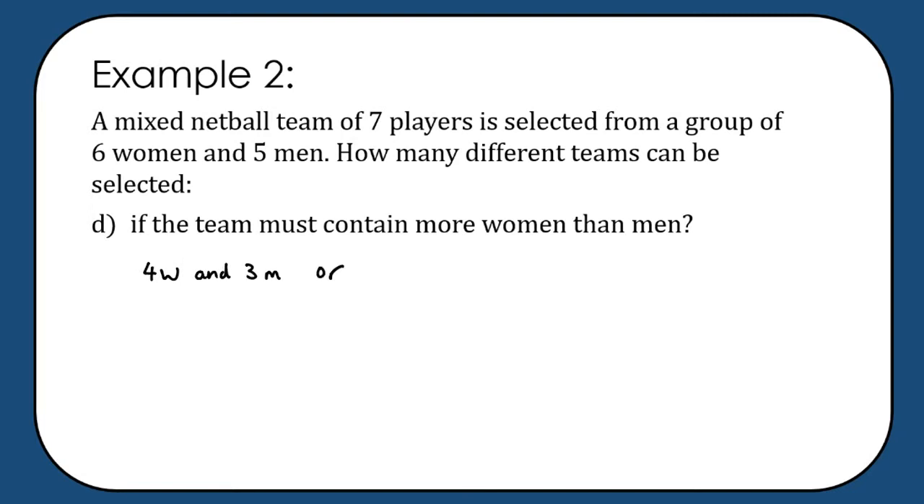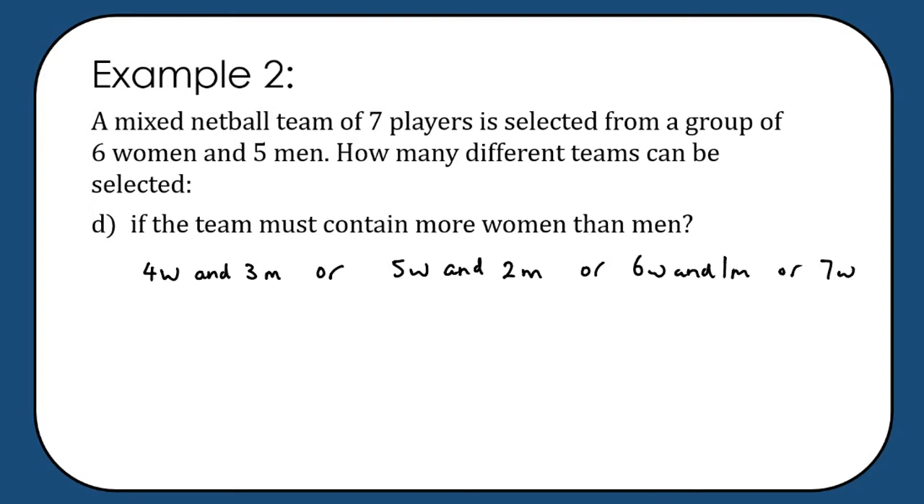Or we could have 5 women and 2 men, or we could have 6 women and 1 man, or 7 women. So there are 4 different things that we could select. Now again, this is where these addition and multiplication principles are important, and where that very first lesson seems quite